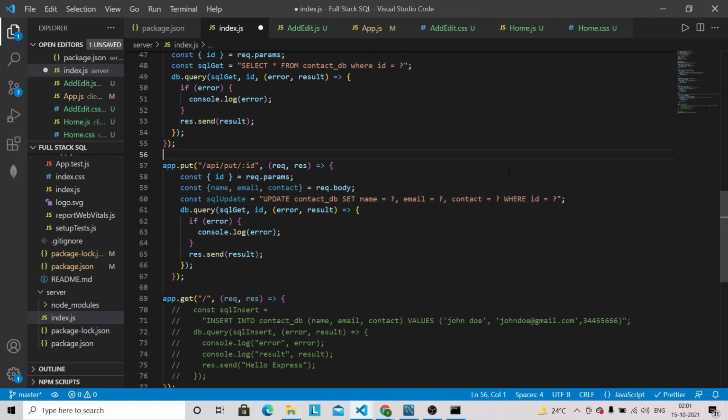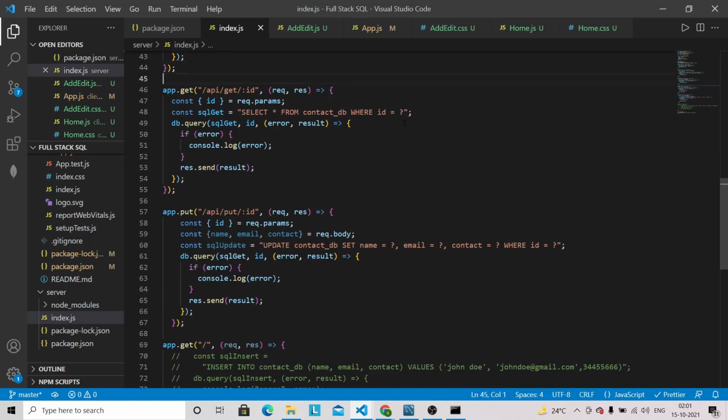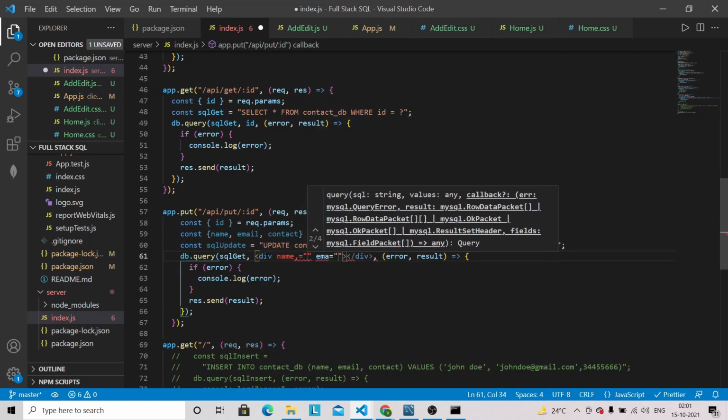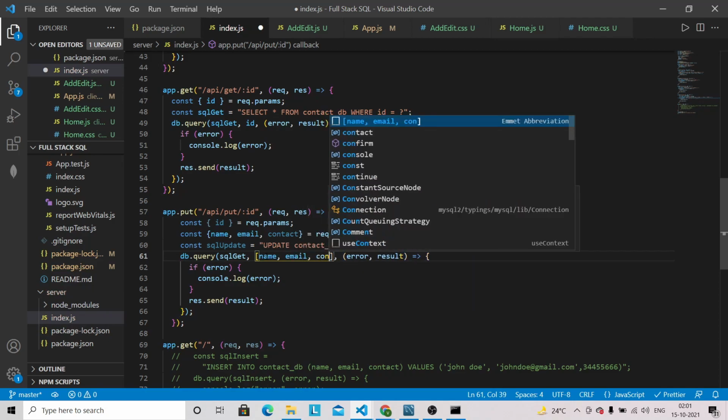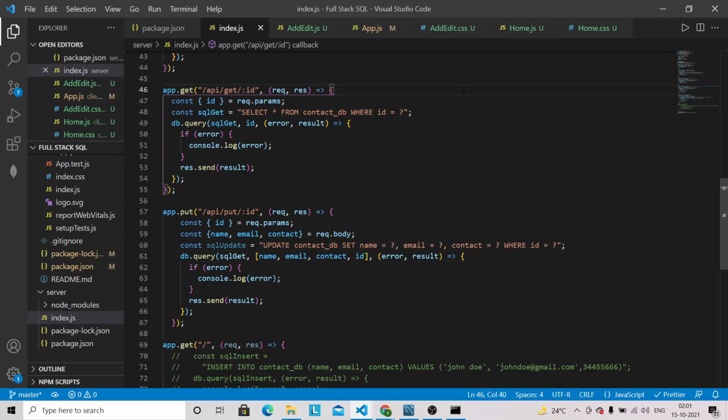Okay, and let's make this capital as well. Okay, and here we have to pass in the sequence. So that will be name, email, contact, and ID. So make sure this all should be in the sequence only, otherwise you will not be able to update the database. So I think we are done here.